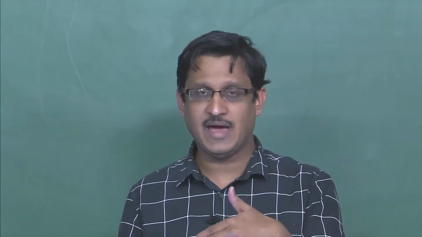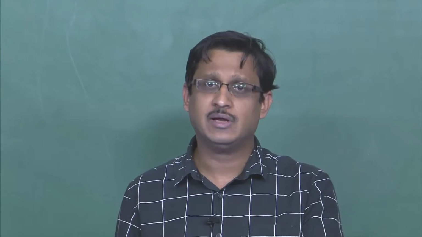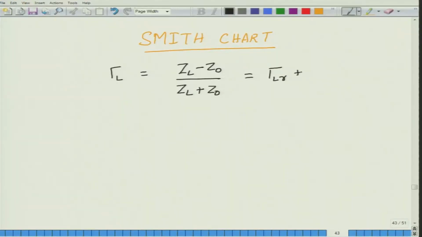We also know that a complex number can be represented in two equivalent ways. One is called the rectangular representation, in which you specify the real and imaginary parts of a complex number, and the other would be to specify the magnitude and the angle with respect to usually the x axis. This second representation is called the polar form. Since gamma L is a complex number, we can equivalently represent it in the rectangular form or in the polar form, where I specify the magnitude of gamma L and also the angle phi L.